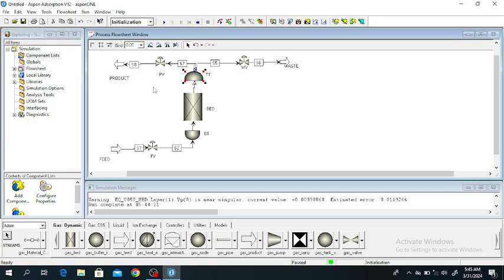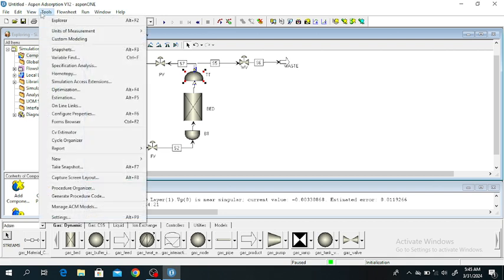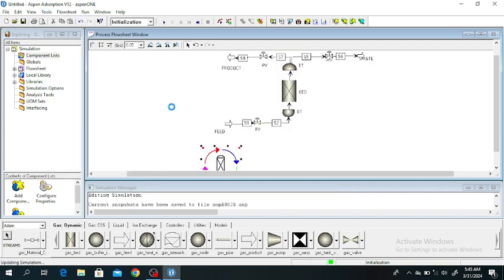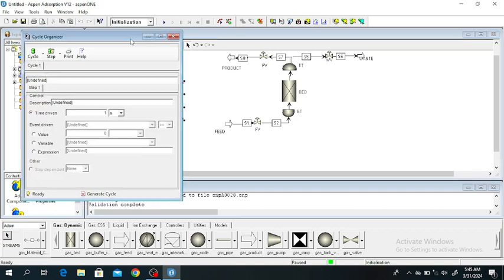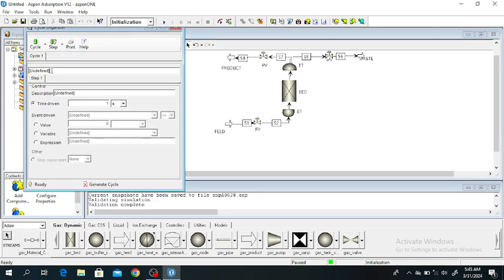Okay. So now we will go to the cyclic organizer, go to the tool to make the pressure swing adsorption cycle. So go to the tool, go to the cyclic organizer. There will be two steps. One will be for adsorption, the other will be for desorption. So this is the pressure swing adsorption process. The first step is adsorption, and the adsorption step is for 1000 second,